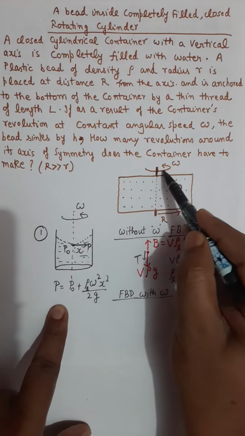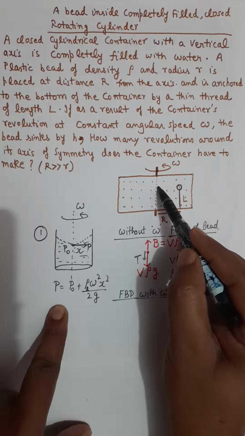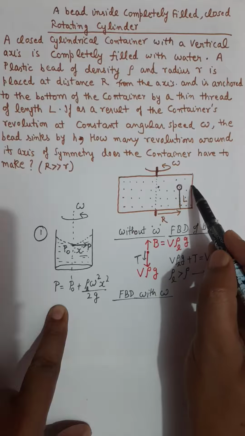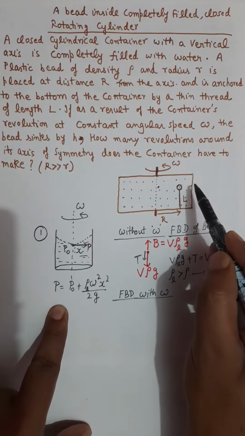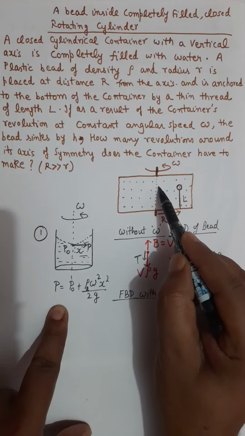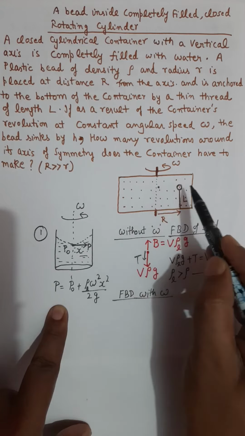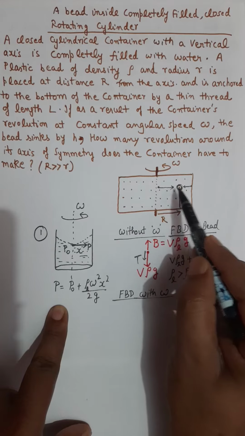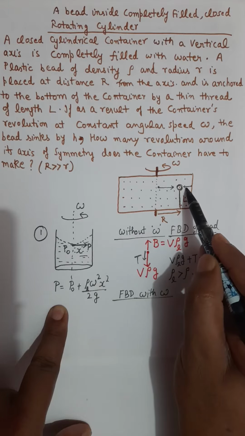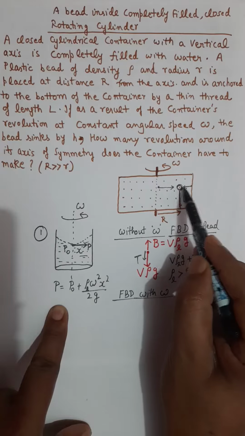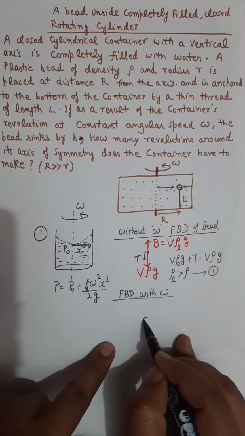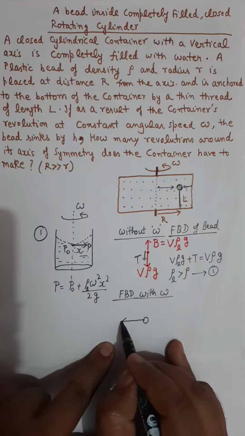So when the cylinder is rotated, pressure near the axis will be low and the pressure away from the axis will be higher, which means on the right side you will have higher pressure of the liquid and on the left side you will have low pressure of the liquid. So this bead will experience high pressure from this side and low pressure from this side, and it will experience a horizontal force to the left side. So now that bead will experience a resultant horizontal force to the left side,